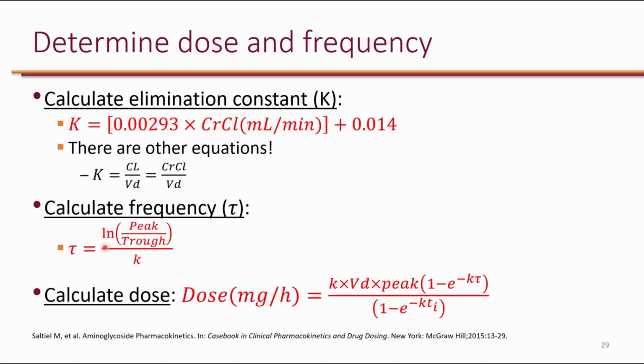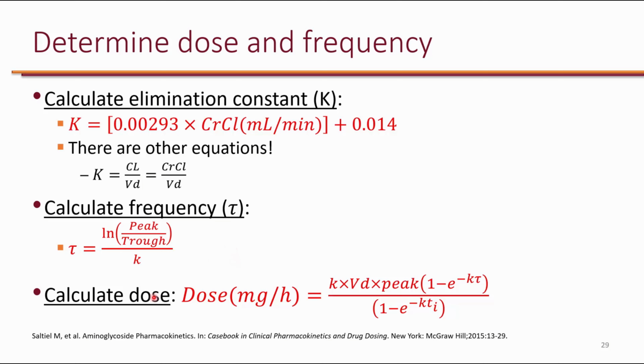And of course, then we want to round the tau to something realistic. Frequency should be every 24 hours, every 12 hours, every 8 hours, every 6 hours. So those are things that are regular. So you don't want to do something like every 5 hours or every 7 hours. That's going to make the schedule hard to follow, and it's going to make it very difficult for the nurses to administer the drug. So you want to use standardized frequency. So if you get a tau of 5, for example, you want to round it to the closest standard frequency,